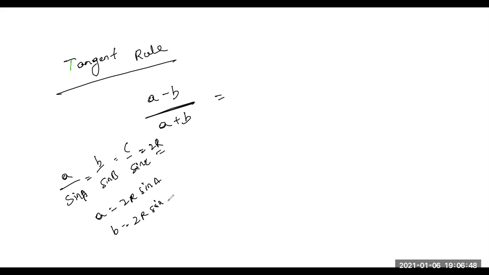So you can convert this directly into sines of the angles easily: 2r sine a minus 2r sine b